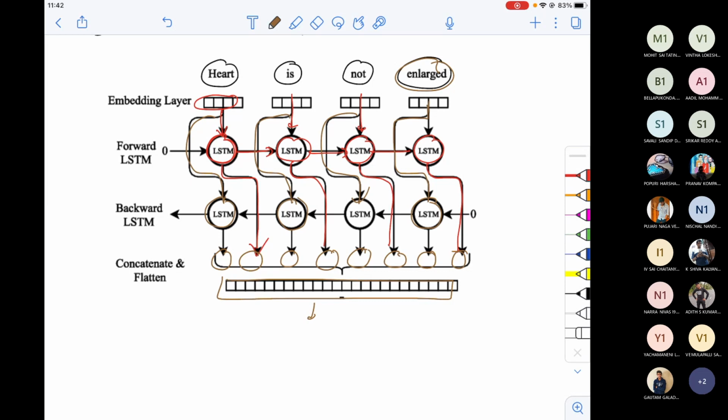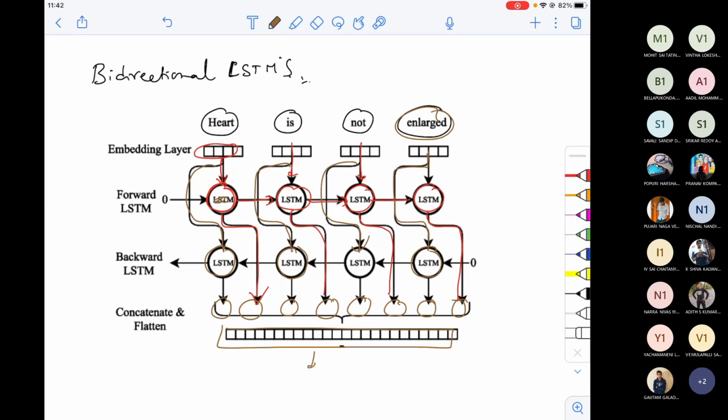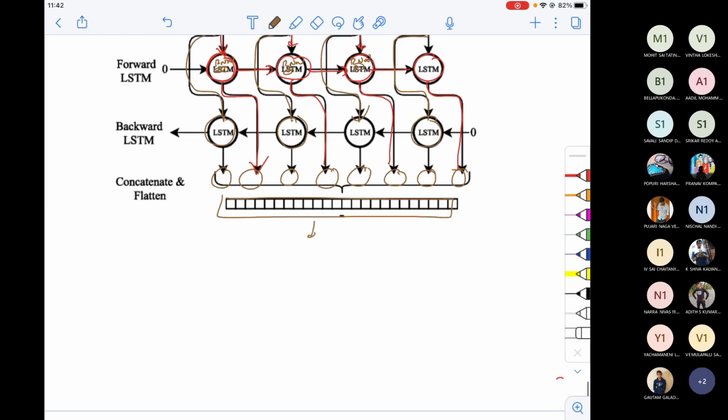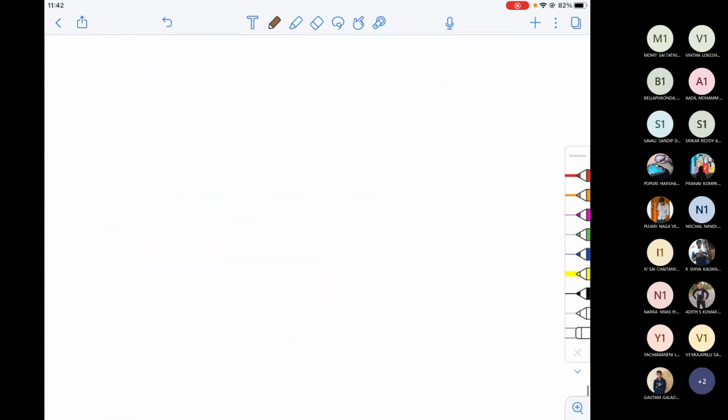So the same thing, but we take the forward understandings and backward understandings to finally give the output in a much more accurate way. Even if it's a traditional RNN also. I have placed LSTMs here, but the same architecture can be used for any type of RNN, bidirectional RNN. It can be LSTMs, it can be GRUs, but the same architecture can be used. Okay, so this is the main idea behind bidirectional LSTMs or bidirectional RNNs.